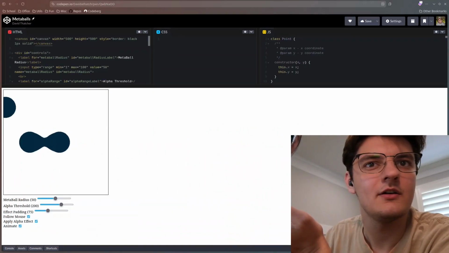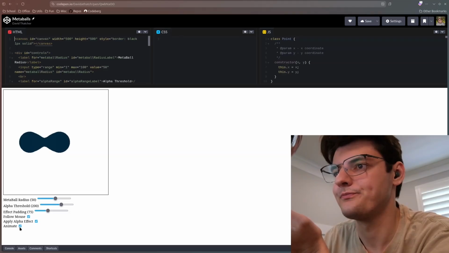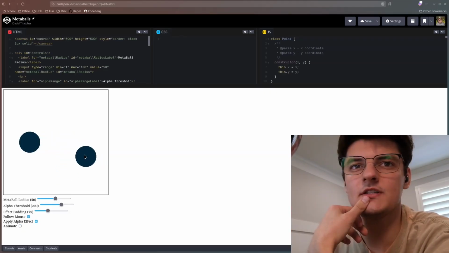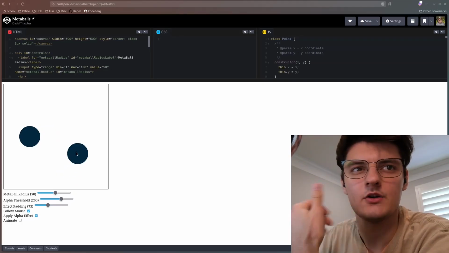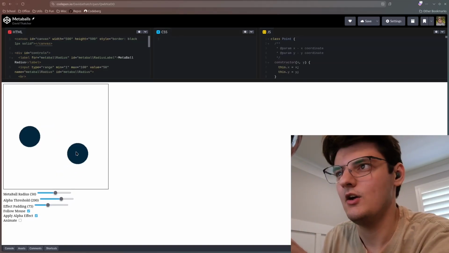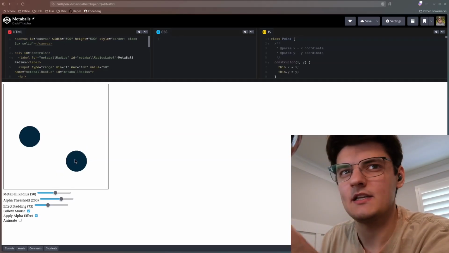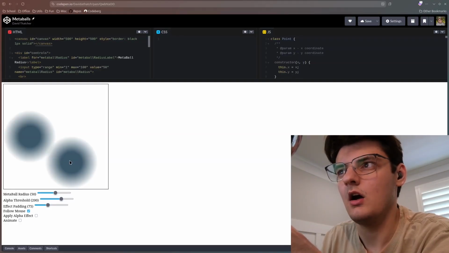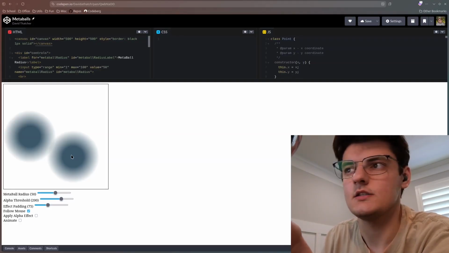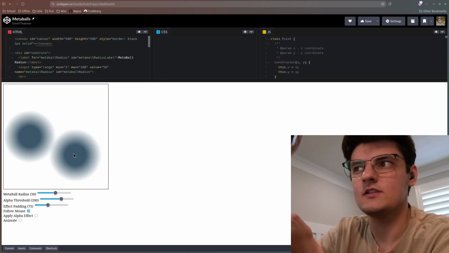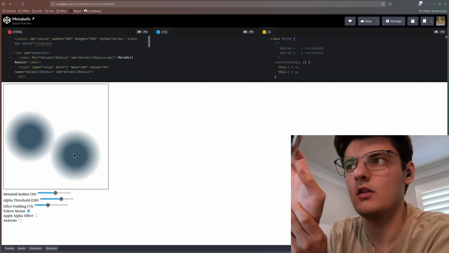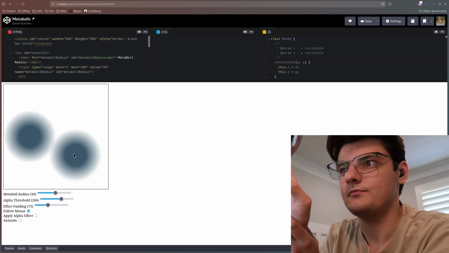There we go. Beautiful. Okay, so basically I built this simple website that lets you adjust a bunch of parameters to really figure out how these things work. And at the core of it all are gradients. So here we've got a couple of circles, and the center part of the circle, that solid part that all looks the same color, is